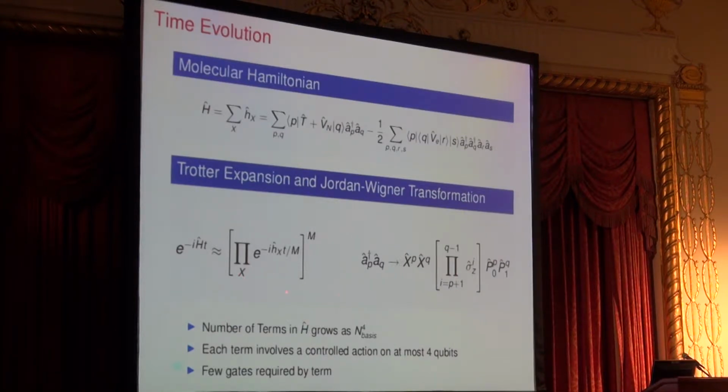And then you need to transform the Hamiltonian from fermions to spins, to distinguishable spin 1/2 particles, and one way to do that is to use the Jordan-Wigner transformation. Peter Love, my collaborator, proposed the use of the Bravyi-Kitaev type transformation as a way of reducing this extra order of scaling that you get from this transformation to a logarithmic overhead. And that's very important for what I'm telling you later.